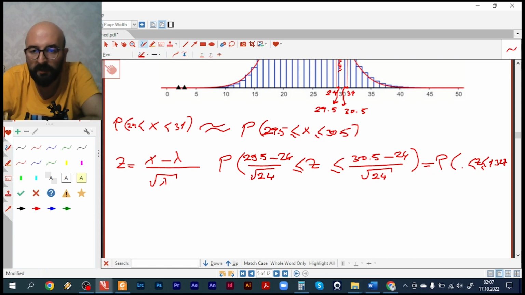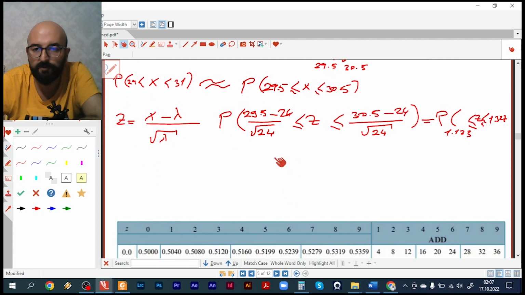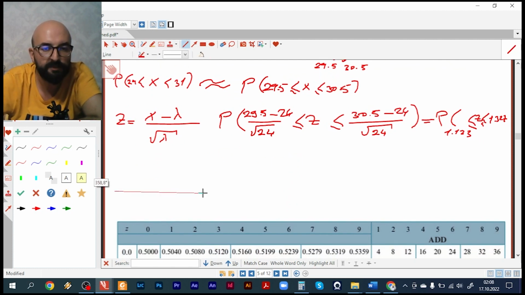So greater than or equal to 1.123. And if you remember the normal distribution curve, it was a very symmetrical curve, and the curve